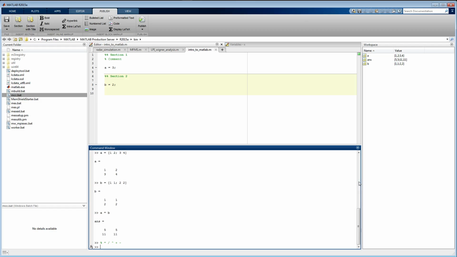But more commonly, what you'll see in MATLAB is you want to do an element by element operation, and there we simply put a period in front of whatever function we're doing. So in this case, I've said A period exponential B, little hat, and we get the A matrix to the power of whatever its respective element in the B matrix is. So what we're really doing is A1 to the power of B1,